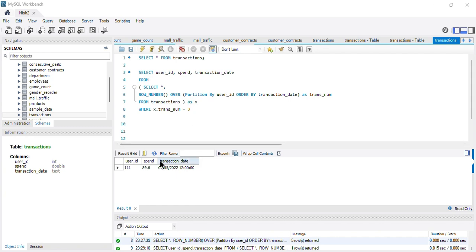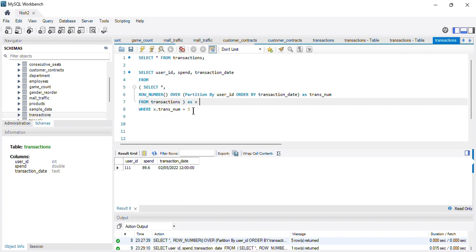To order the transaction dates, we made the order by clause on the transaction date, in ascending order, and the partition by user ID, because we wanted it for each user. This has given us the transaction number. Now we just wanted to extract the user ID, spend, and transaction date, these 3 columns, based on the condition that the transaction number should be 3.